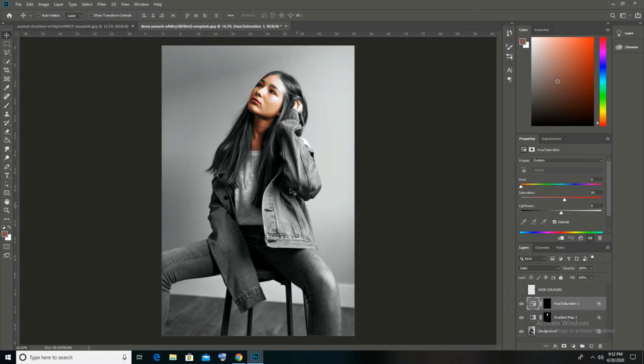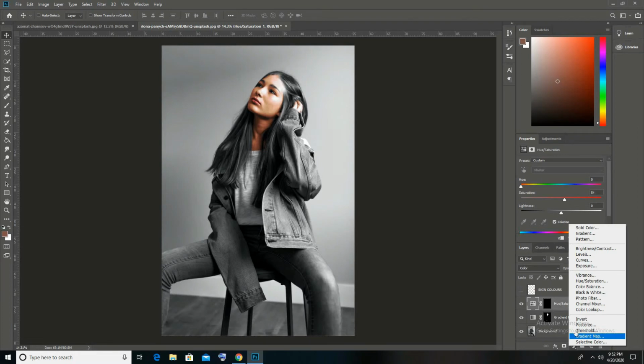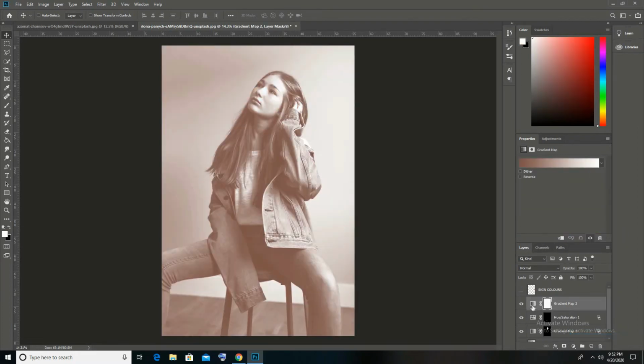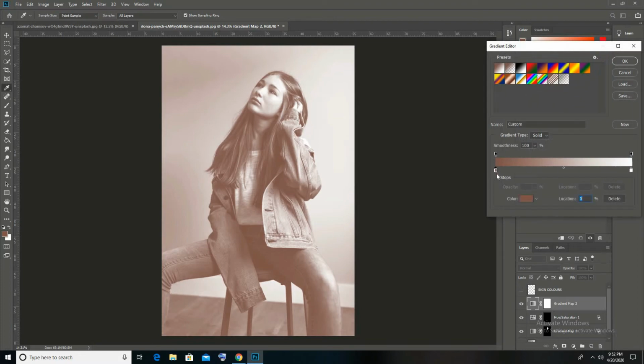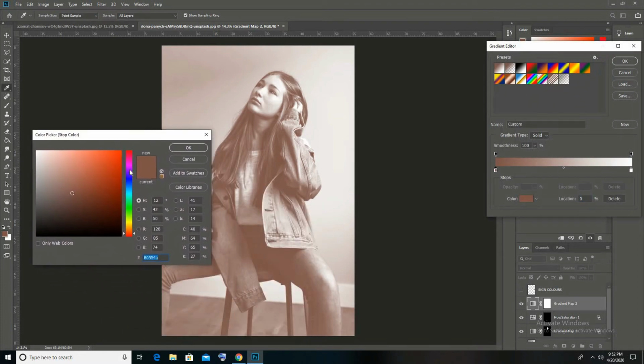Now we have to color her jacket. According to me, her jacket will look good in blue color. So we'll again put a gradient map. We'll select this section and start putting blue color shades from darker to lighter portions, as you can see.